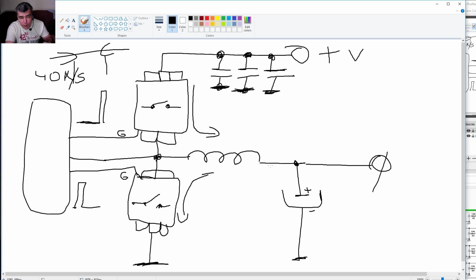Based on the feedback, which is from here, the voltage from here can be maintained even if you have 1 amp or 10 amps required here, or if we have 19 volts or 10 volts on the input. So even if you have 10 or 19 and the requirement is 1 amp or 10 amps,